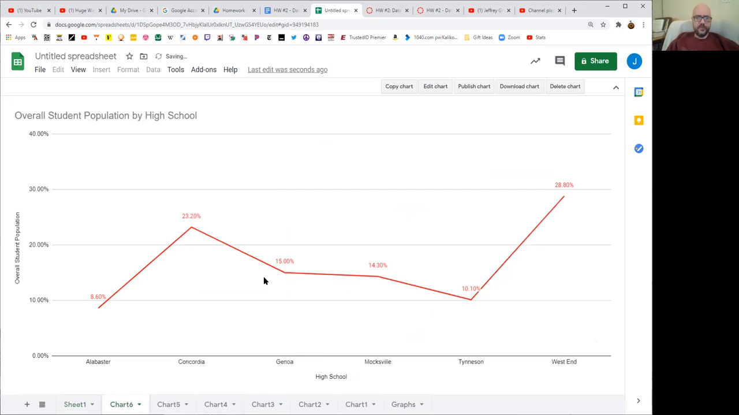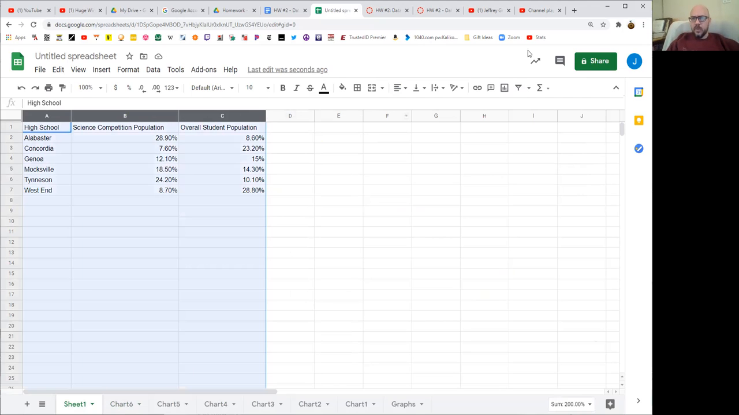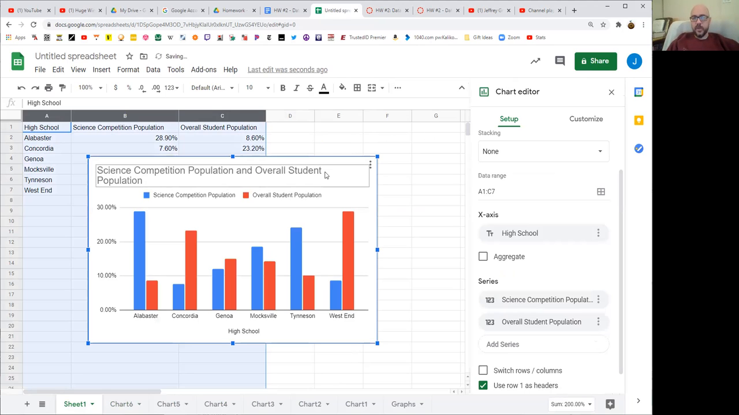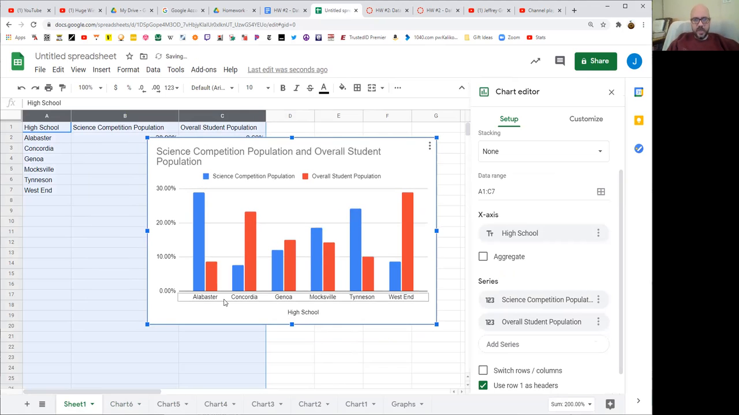All right. So now what I want to do is make a clustered bar chart. Firstly, I'm going to grab all the data, all the way through C, and make a bar chart. And I think it actually defaults to a clustered bar chart. Yeah, it does. So notice that it has grouped up by school